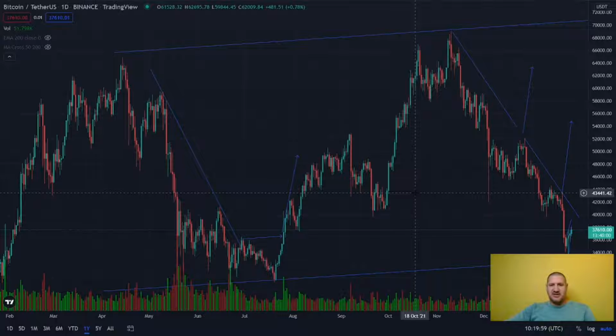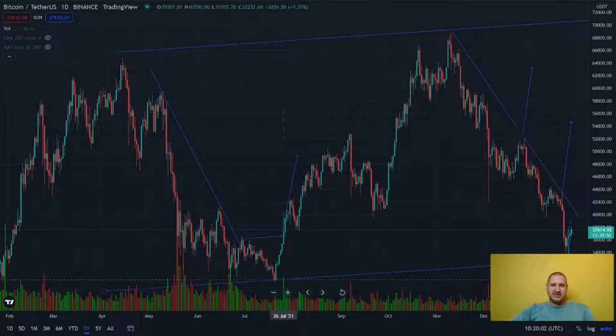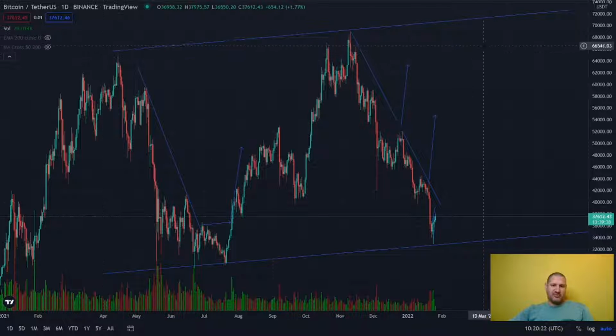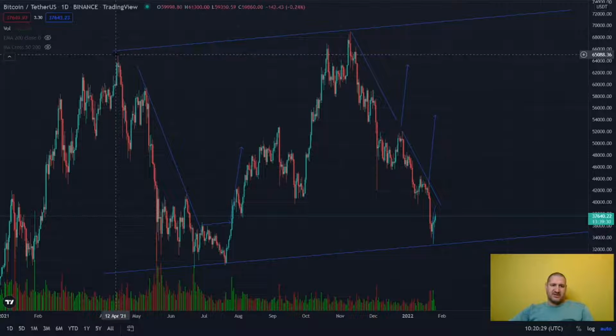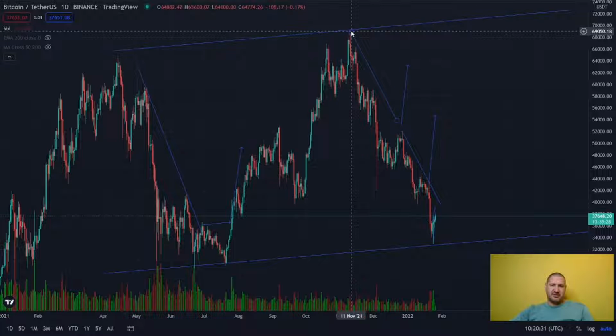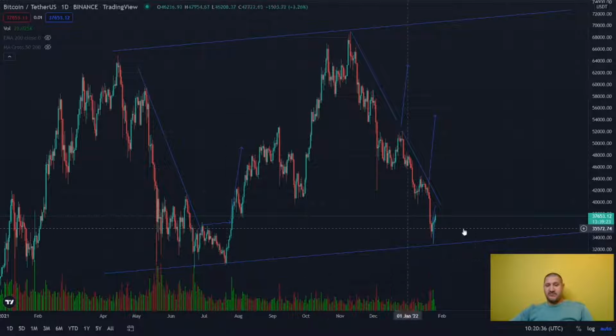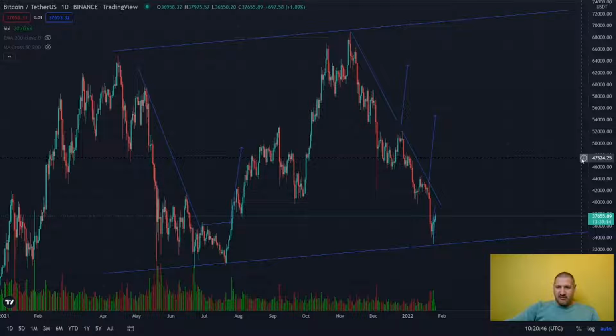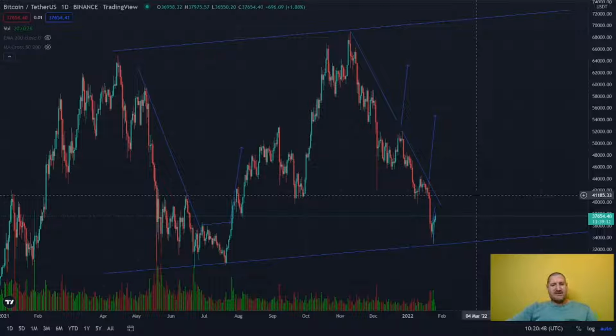As you can see here, these two blue lines, the top one and the bottom one, show that Bitcoin has upwards movement. When you compare this bottom line and this top line, you will see that this high here is lower than this high, and this low here is lower than this one, which means that if we follow the market from the last year, it looks like we're gonna move upwards. But all of this